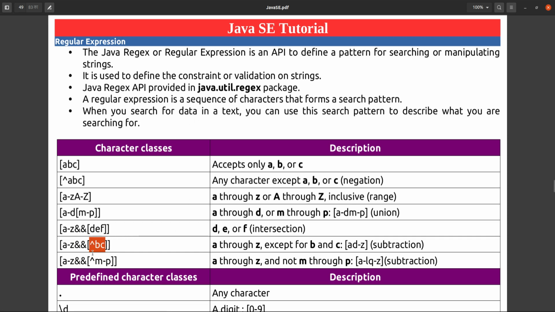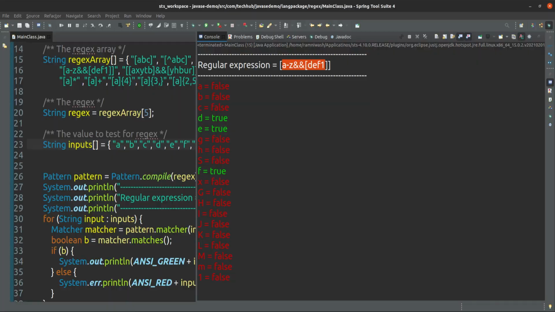So from A through Z, anything will come, but B and C will not come. Suppose A or D to Z, you can write it in this way also, meaning you can pass A or you can pass D to Z, anything. B and C we are discarding. That is the meaning of negation. Only B and C we are discarding here.